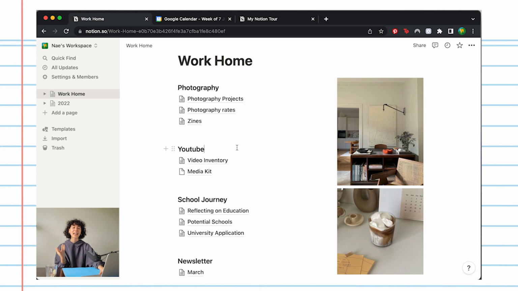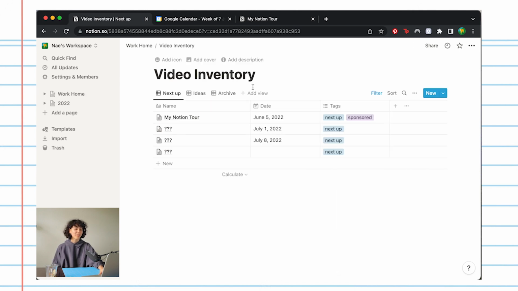This information now to me feels so plain and straightforward, but there were times when I was like, I have no idea how I should keep track of my YouTube videos. This is my video inventory, all my YouTube videos that I want to do. As you can see, I have started up with next up because here I probably spend the most time. I'll have all the videos that I'm working on and that are coming out, which is really cool. So you can have the names, you can have the date when they're coming out, you can have tags. Let's say this is a sponsored video, so I have a sponsor tag.